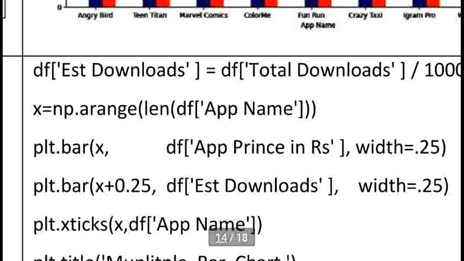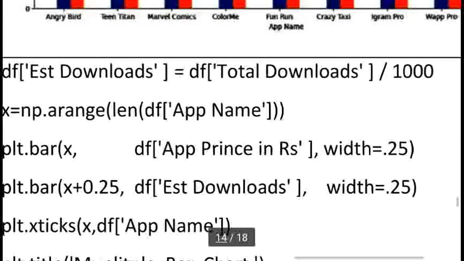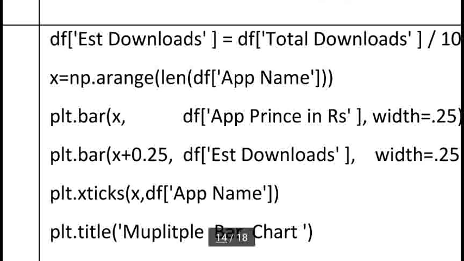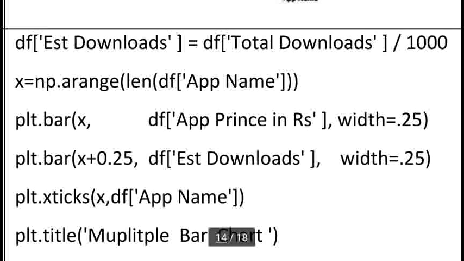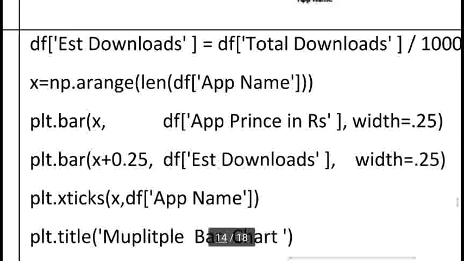plt.bar with x, meaning 0, then df application price, width 0.25. Next, x plus 0.25, EST downloads, our new column, and width 0.25. Our existing column is application price, our new column is EST downloads.